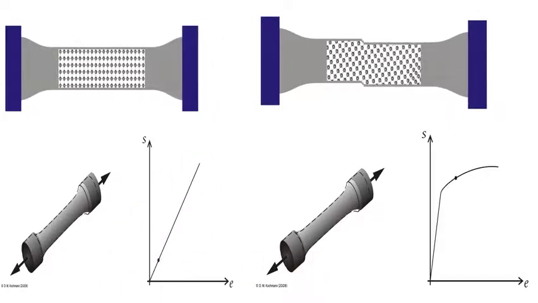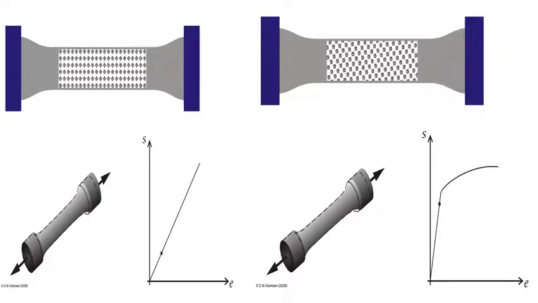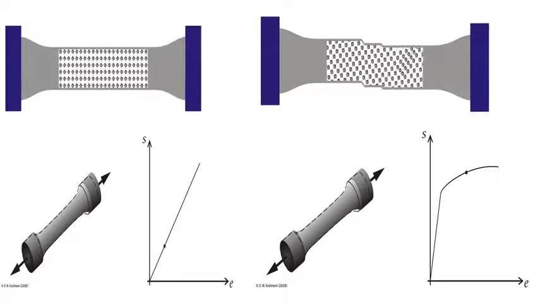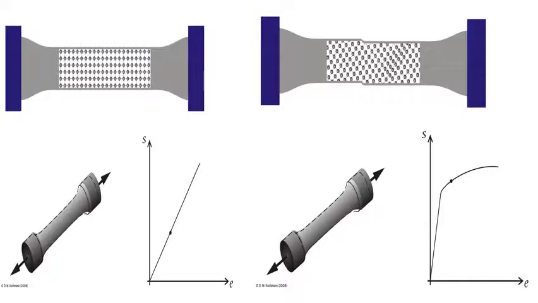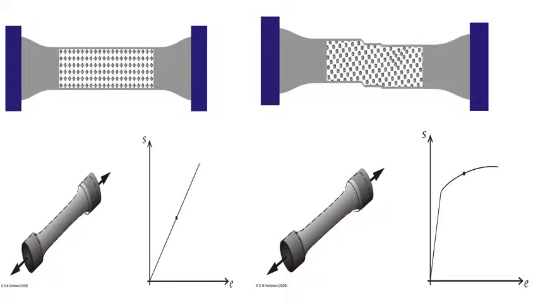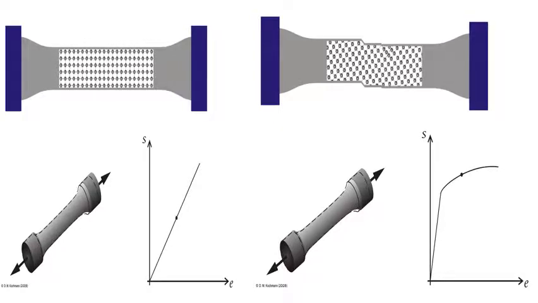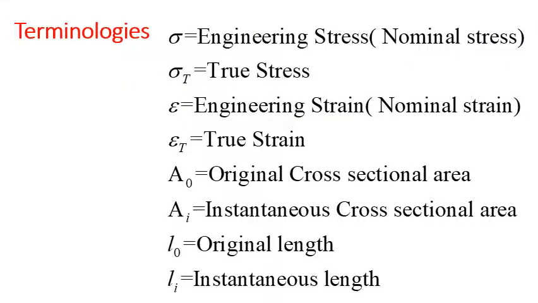Once we move on, beyond that point there will be an increase in the deformation due to the increase in length. After some time the fracture of this material will take place, meaning after this point the material starts yielding, so there will be an increase in the length. We'll see the relation in terms of a stress strain curve, but before that we need to know the terminology we are going to use in the coming slides.